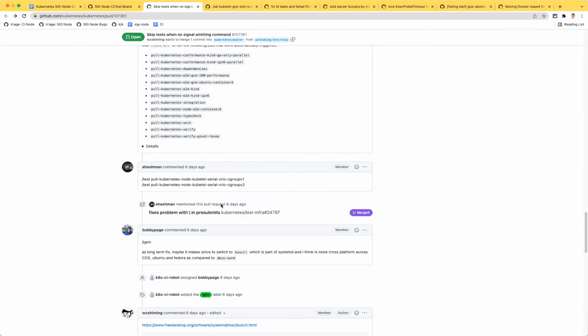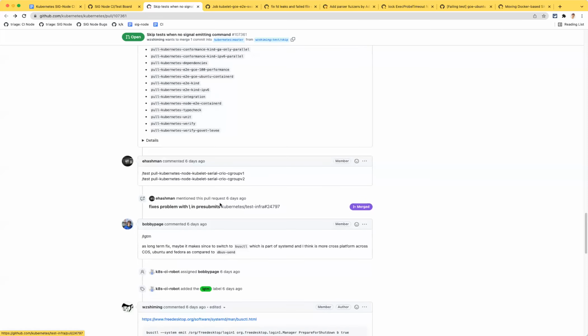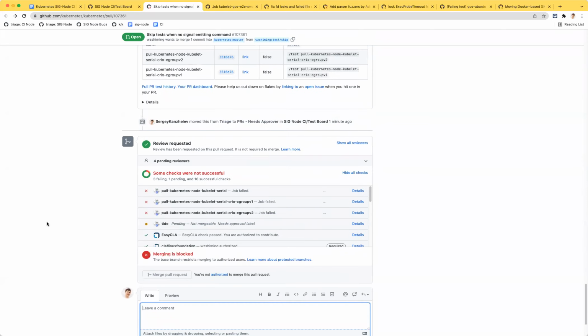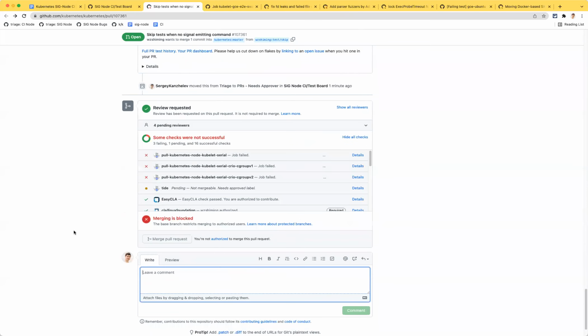Yeah, I did have a PR open a while ago to turn on this systemd cgroup test with Cryo. I don't know if that overlaps with this, because I think they're still not started. So I think this is separate from that.